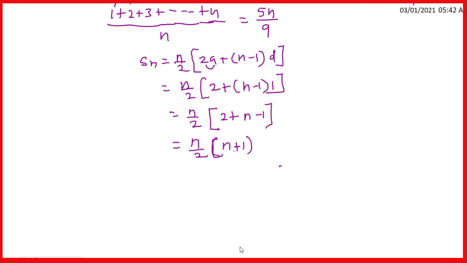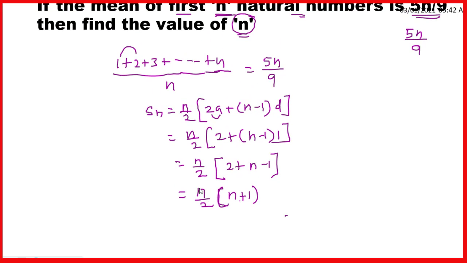Solve this further. So to solve this further, what we know that Sn we have got as n by 2 into n plus 1. So here we will put the value of Sn, that is the sum of the first n natural numbers, and so that is equal to